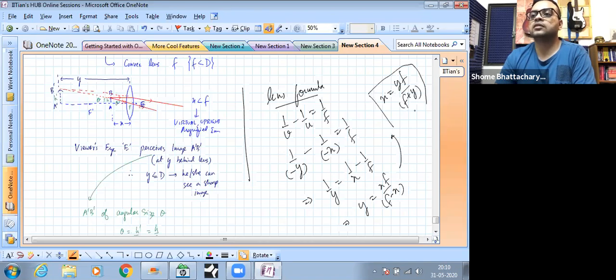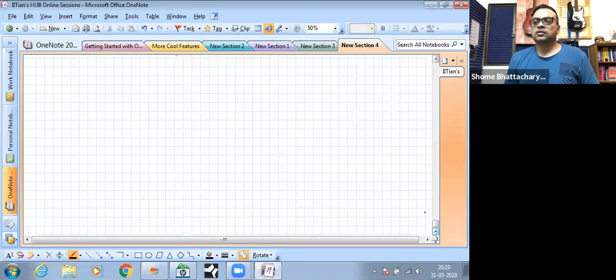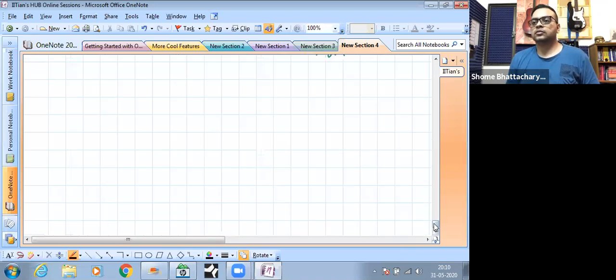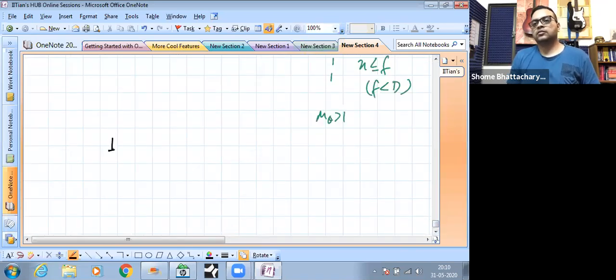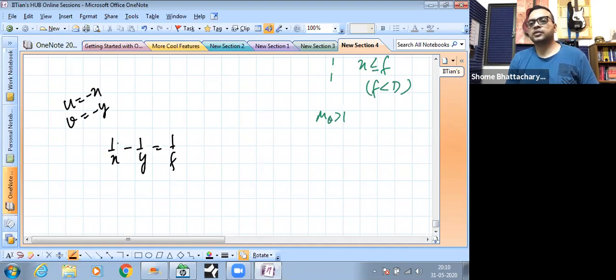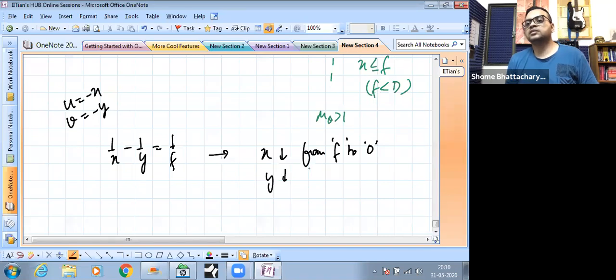Okay. So in this you can see those relations that we wrote there, that 1 upon x minus 1 upon y becomes 1 by f, on substituting u as minus x and v as minus y. We can see that x decreasing from the focal length towards 0, y also decreases from infinity to 0. Okay. But remember, for